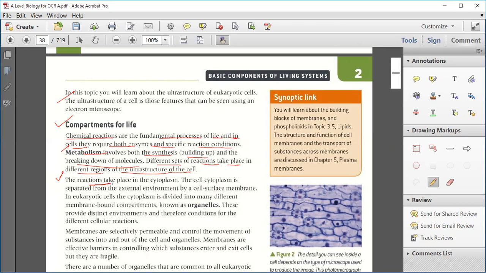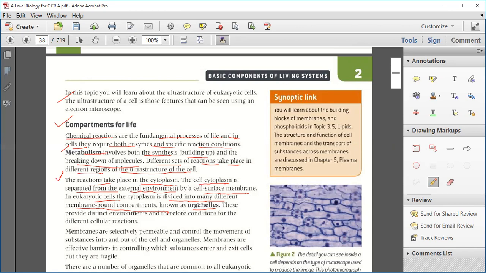Now, the reactions take part in the cytoplasm. The cell cytoplasm is separated from the external environment by a cell surface membrane. Each and every reaction takes part in the cytoplasm, and there is a separation between the external surrounding and the cytoplasm by a cell membrane. That is known as what? Eukaryotic cell. So in a eukaryotic cell, the cytoplasm is divided into many different membrane-bound compartments known as cell organelles. So in the cytoplasm, there are so many membrane-bounded organelles,